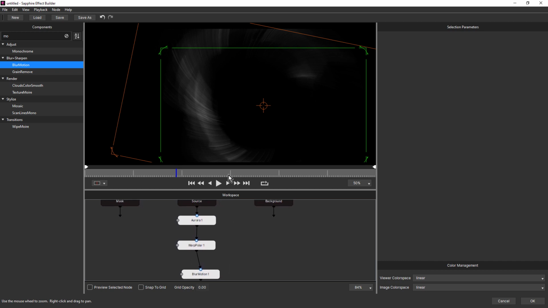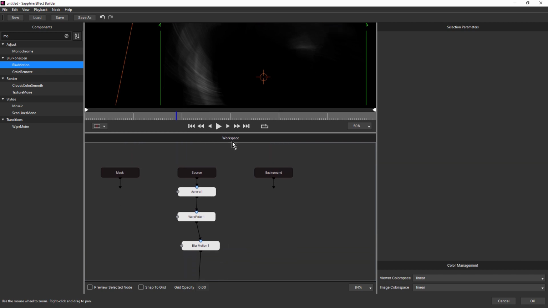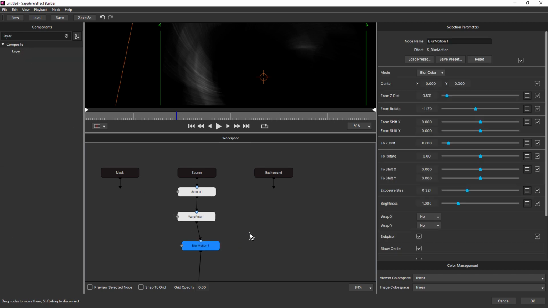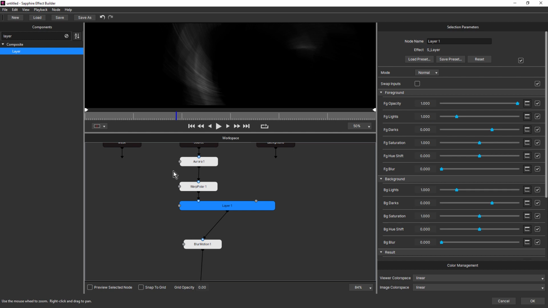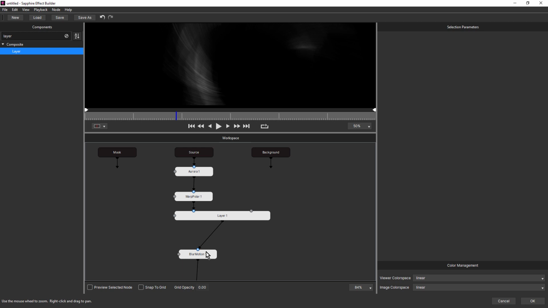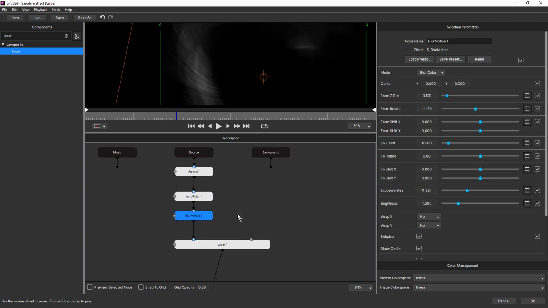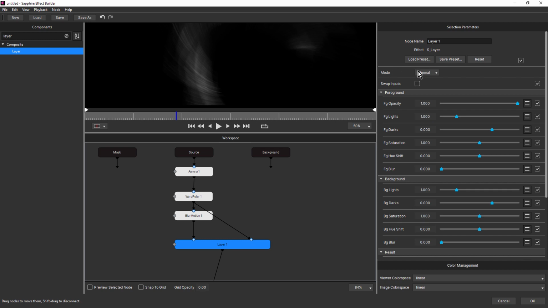So let's try this. One of the effects I use a lot for comping inside a builder is S-Layer. So let's type in layer and just select warp polar, double click. So that's applying that to the foreground. So we'll take blur motion and just drop it on warp polar like that. And we'll take warp polar and we'll drop it in the background like that. Select layer and we'll change the mode to screen. So now we can see the blur motion and we can see our aurora.